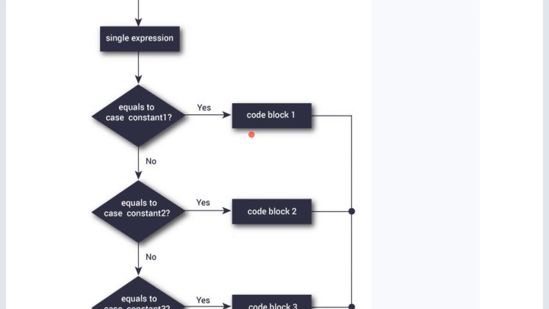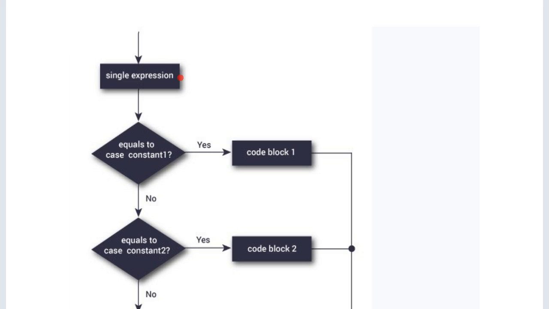So the flowchart looks like this. The expression is here. We'll check for the, so this one will act as our case. So this might be case 1. If it is true, we execute that block. If it is false, we go and check case 2. If case 2 is true, we execute that block. If it is not true, that means it is false,